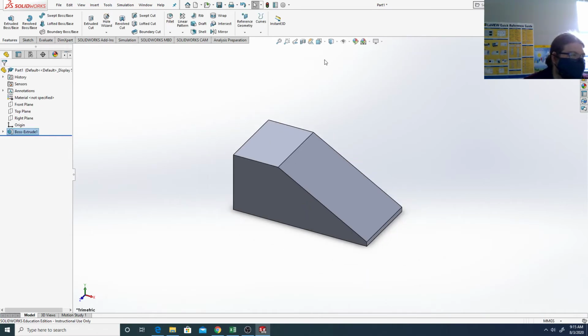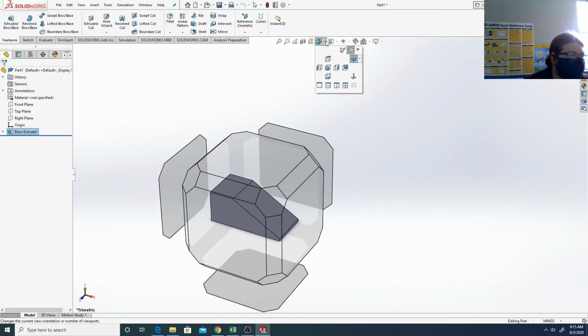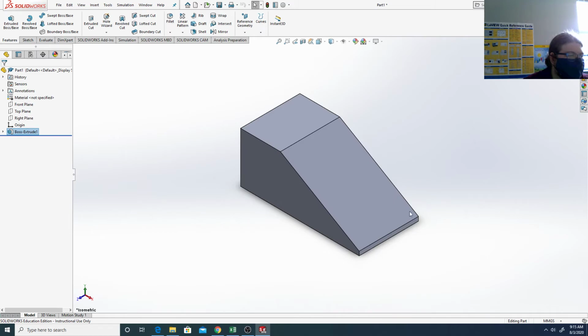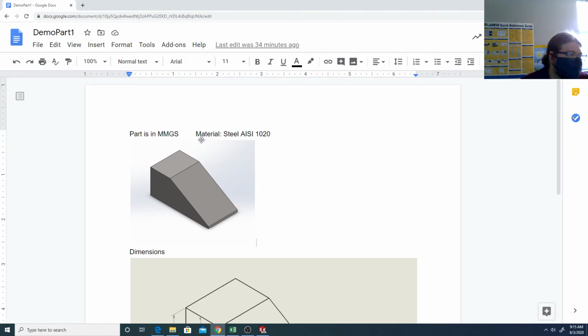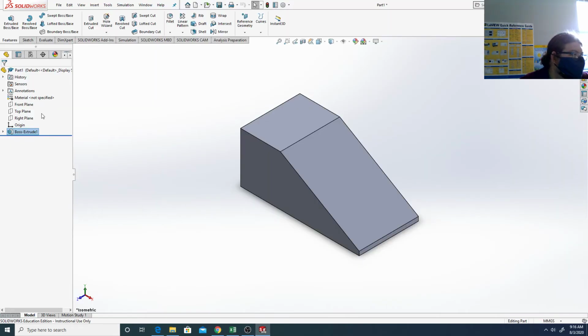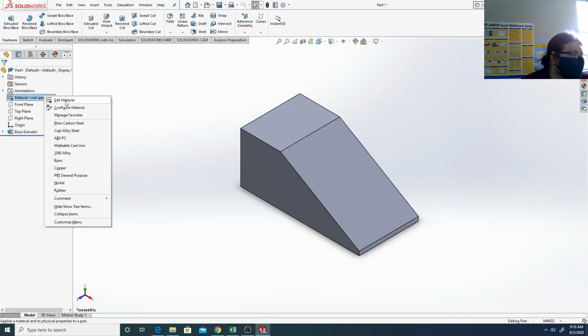If I want to change the view on it, I can click these little drop-down things here. And I'm going to set it to isometric, which is where you are looking directly down at a corner. And then after that, we have the final thing to do, which is we need to make the material steel AISI 1020. So how we do that in SolidWorks is we'll right-click, we'll go to Edit Material,